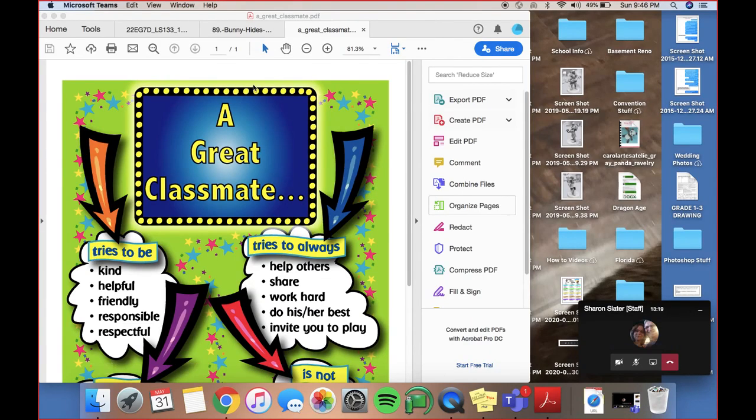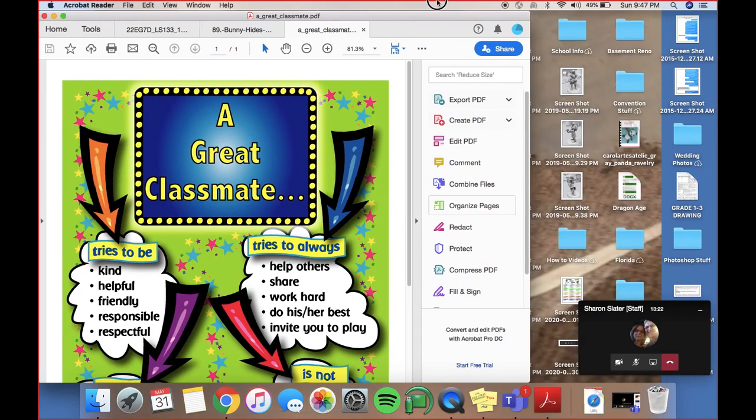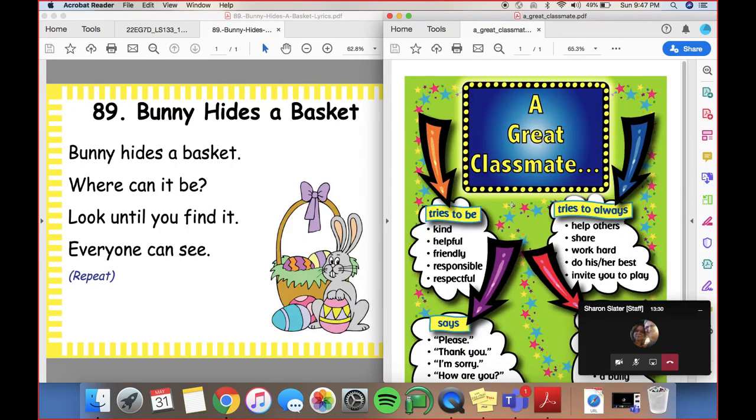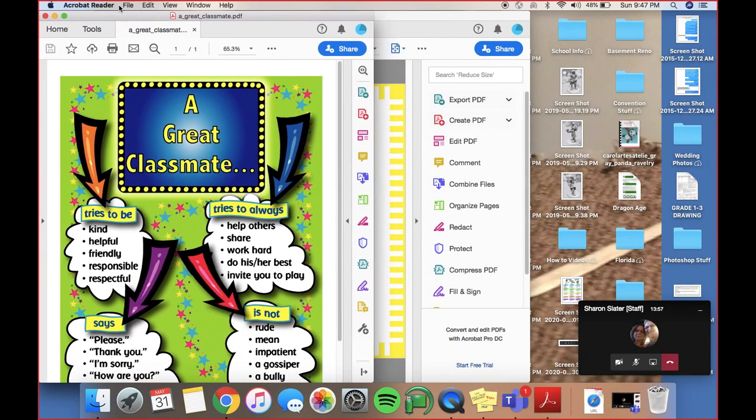Okay, so this means that if I want to show you multiple things at the same time, like multiple files, that I can do that. So I can show you 2 different random PDFs that I happen to have open at the same time. Okay, but if I only wanted you to see a great classmate, and this is going to be an important tip for people who are facilitating meetings and having to monitor the chat while they share something like a PowerPoint, like a staff meeting. If I only wanted to share the great classmate, what the downside to this is that